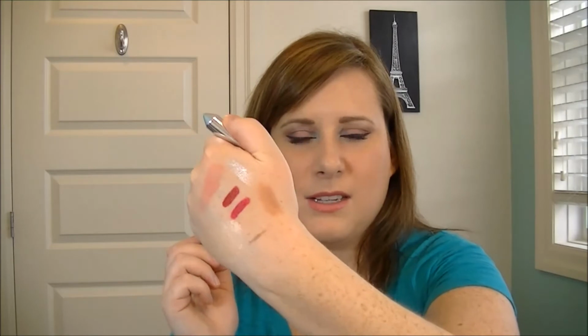My next one, I've actually done a review on this and I really liked it, and this is a disappointing buy because it's drying out really fast. I still have this much product left in it to use. I got this at Christmas time, but there's only so much time that you need a sparkly eyeliner, but it's just drying out and tugging and patchy now that it's not brand new. So I wouldn't buy a Twinkle Pop stick again just because they're not staying as creamy